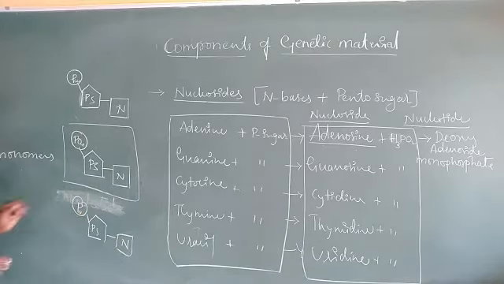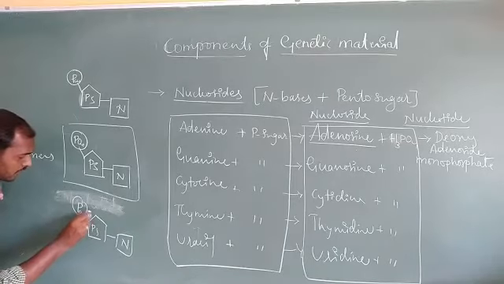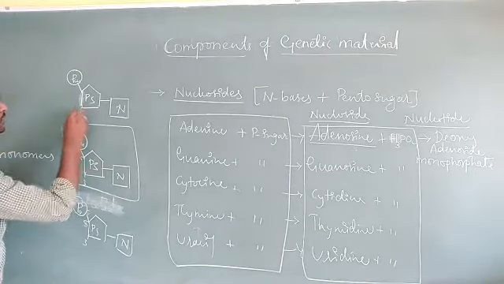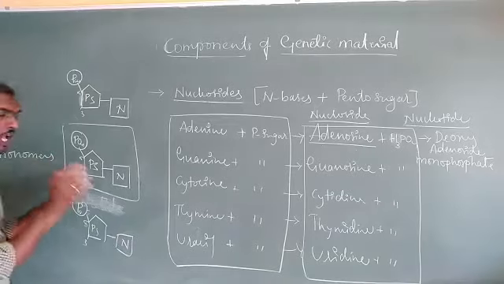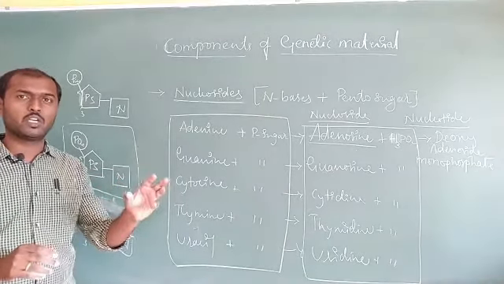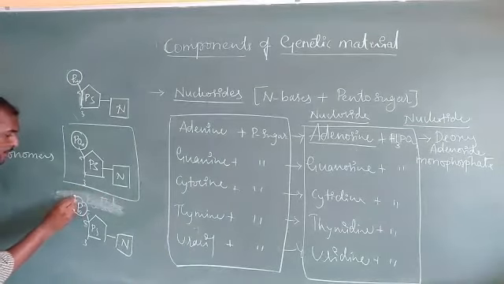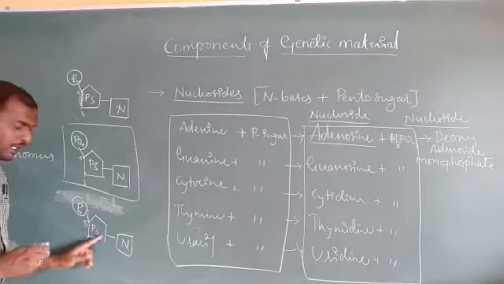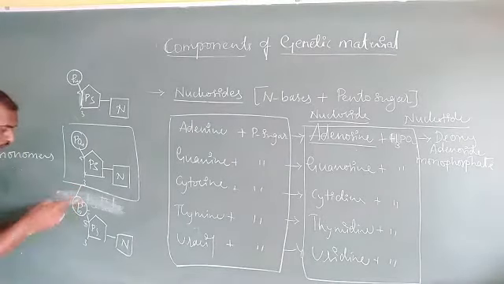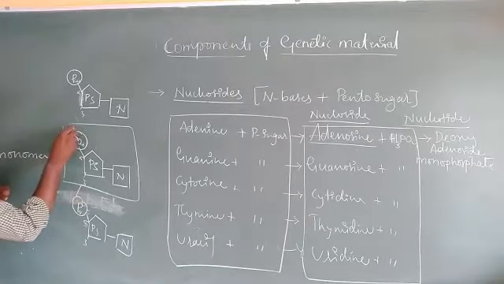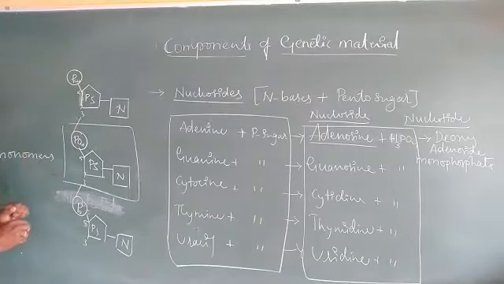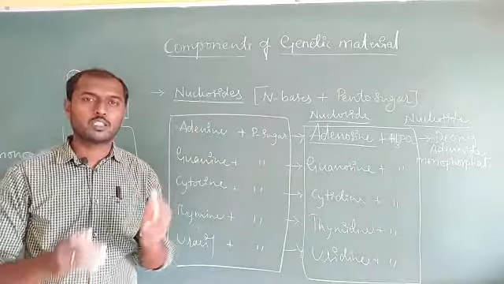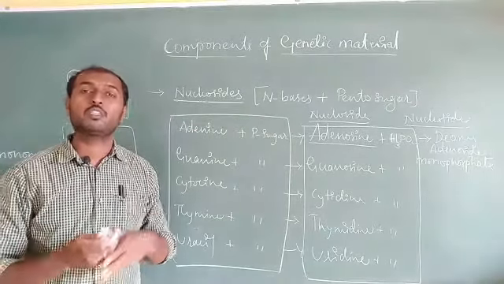Okay, so this one is the fifth position. This carbon is the fifth position. Here you have a third position. Third position, fifth position, third position, fifth position. Now it is very important. The DNA is going to form now. When the phosphate of one nucleotide reacts with the third carbon of another one, they form a bond. Again, this reacts with this one. This bond, formed between the nucleotides situated one above the other, is going to construct a long DNA.